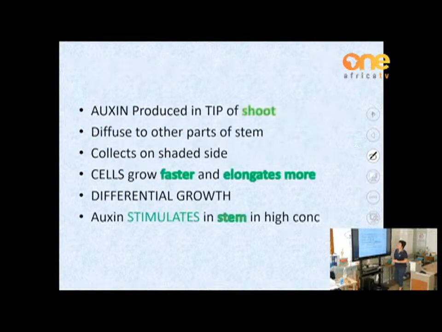So we just revise. Auxins is produced in the tip of the shoot. It diffuses to other parts. More collects on the shaded side. The cells grow faster and elongate more on the shaded side. Normal growth rates on the side